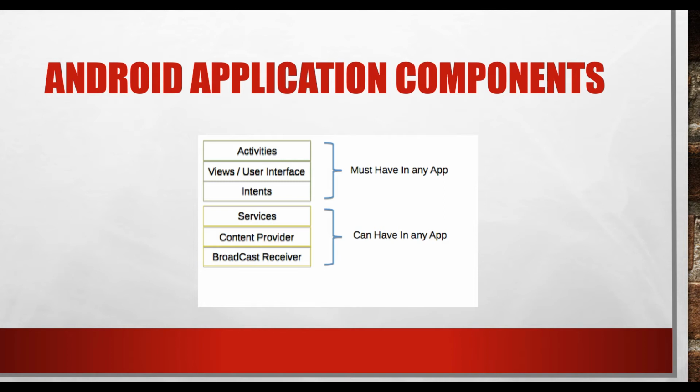An activity represents a single screen with a user interface. If you take an activity, let's take activity.java, it will be attached with the layout activity.xml, because the activity provides a user interface. The code is written on the backend in the form of Java or Kotlin, and the view is defined in the XML file. So in order to perform an activity, you require two things, which are views and user interface.